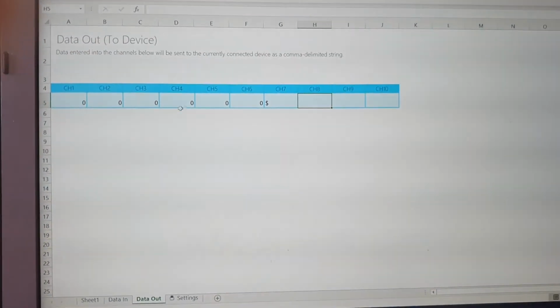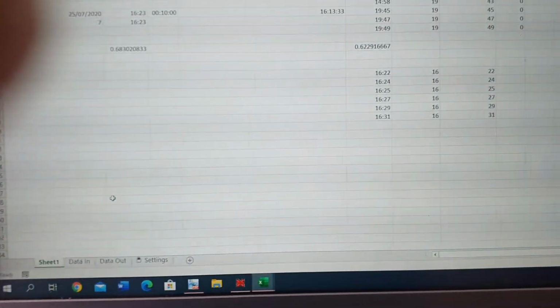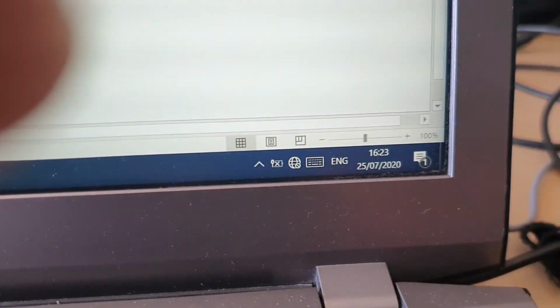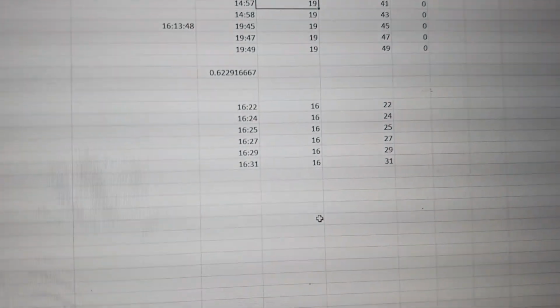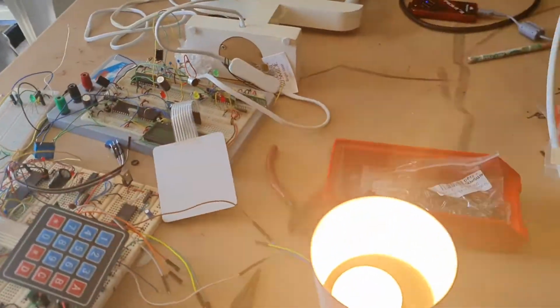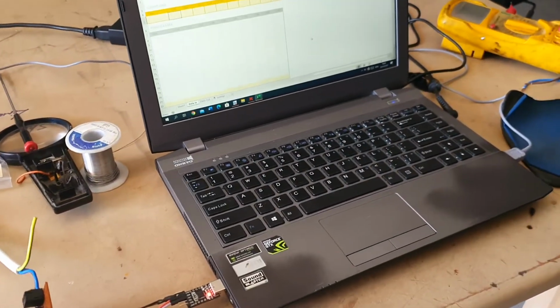At the moment, what Excel is doing, it is sending data on this sheet, the data out sheet. The timings are there. So now the system is 16:23 and we are waiting for 16:24. When the system clock matches 16:24, the light will light up again for 5 seconds and then it will switch off again. So let's wait